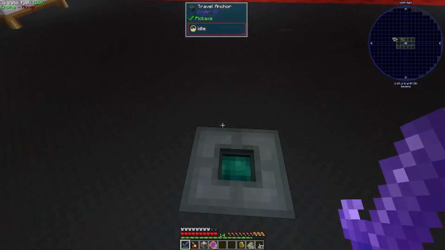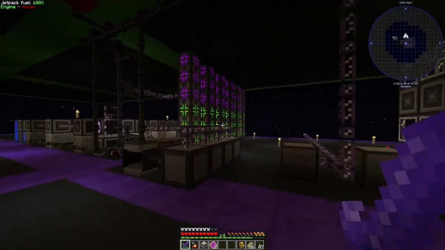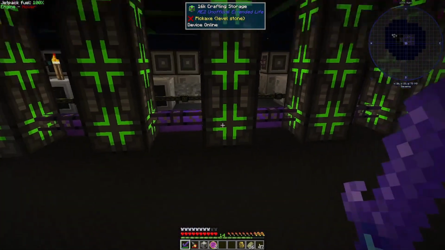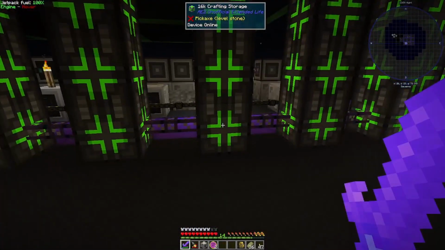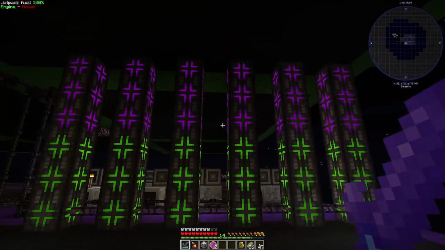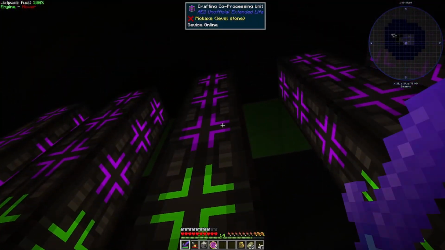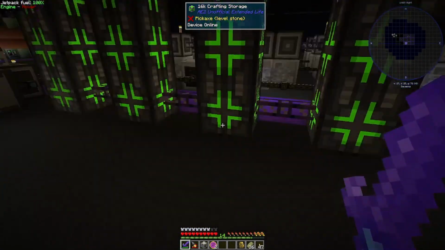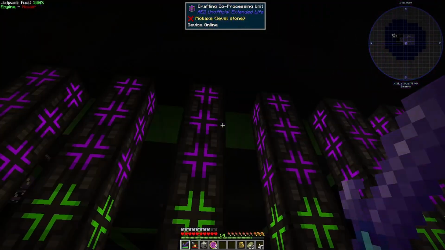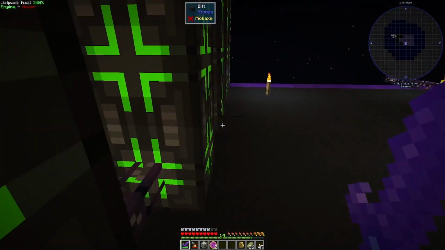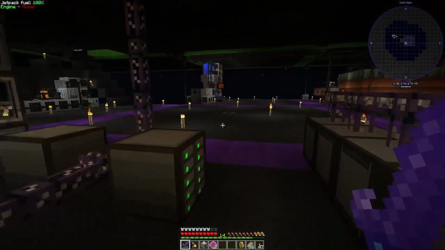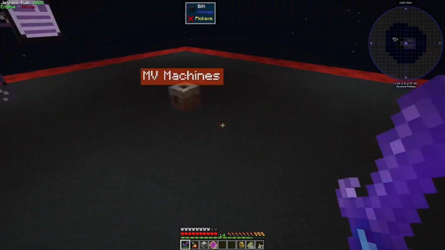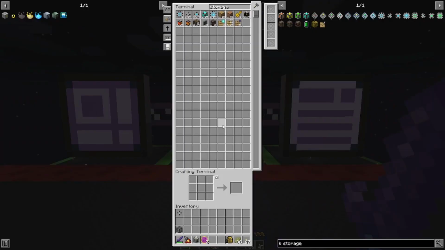That said, at the moment, we've got a setup down here with 48K crafting storage for each of these 6 pillars. Plus each of them has 3 crafting coprocessors. But in future, I'll probably condense those down, have 1 or 2 64Ks, and then an extra crafting coprocessor on top. And then eventually that'll become 2 columns wide. But yes, for the time being, the setup as it stands is doing a fairly decent job for our crafting